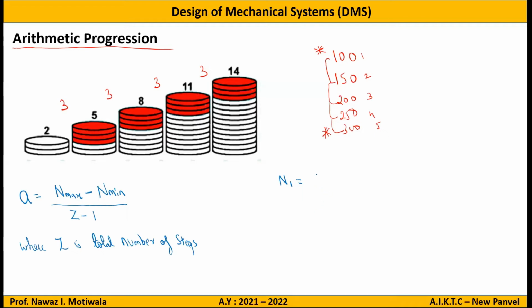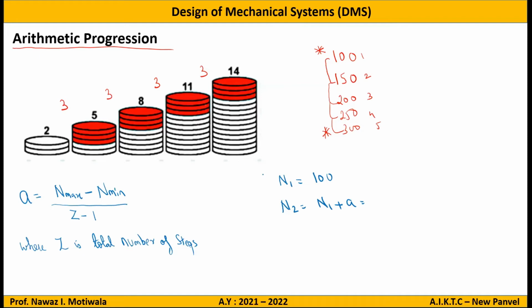Yes, sir. So let us say if I continue with the above example only, I will write N1 is equal to 100. So can I not write N2 is equal to N1 plus A? Can I write this? Yes, sir. Yes, just see ना, हमने arithmetic progression का मतलब ही वो बोले कि it has a common difference. तो अगर मैं common difference से ऐड करते जाऊंगा तो मुझे next speed मिलते जाएगी. So N2 I can write N1 plus A.